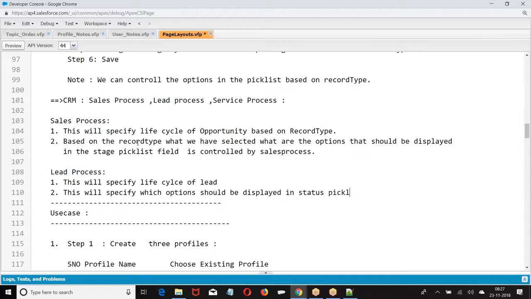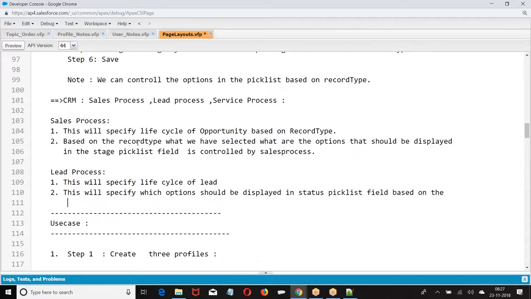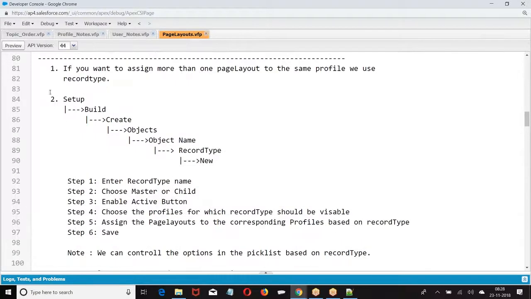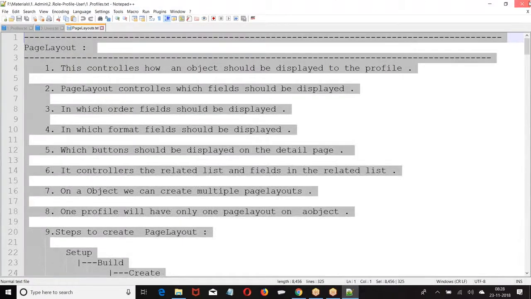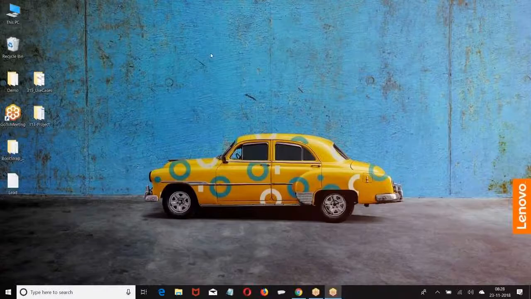Status pick list field. So basically, we want to convey the message that record type will control the options in the pick list field. That's my intention in giving these points.